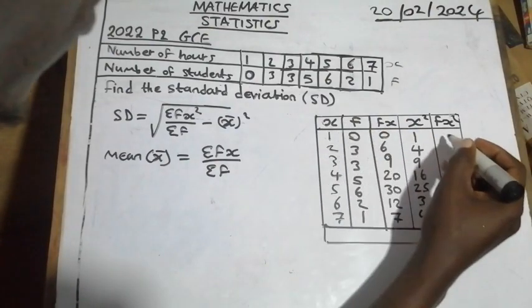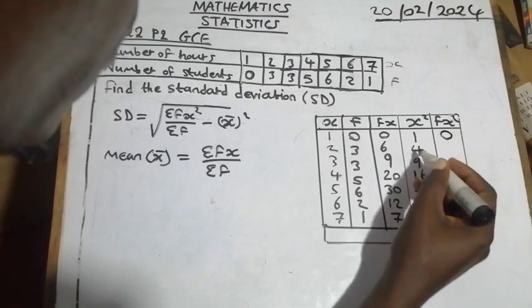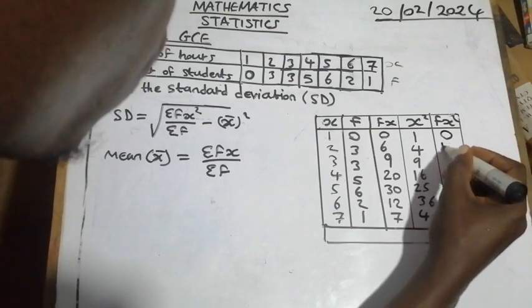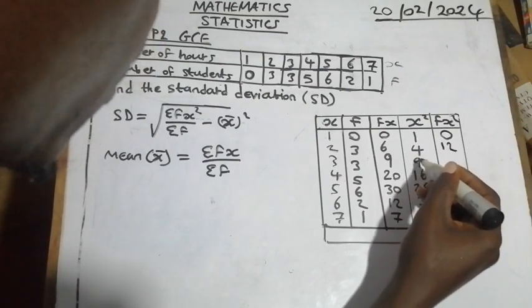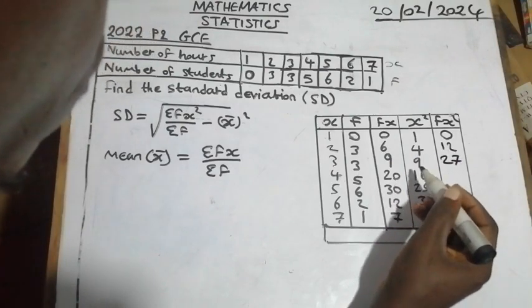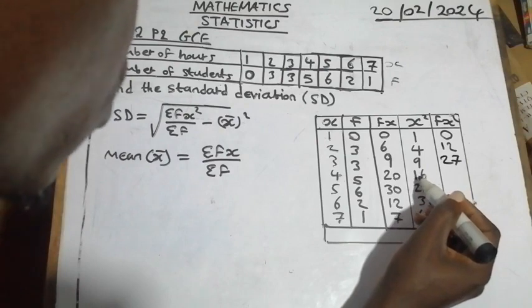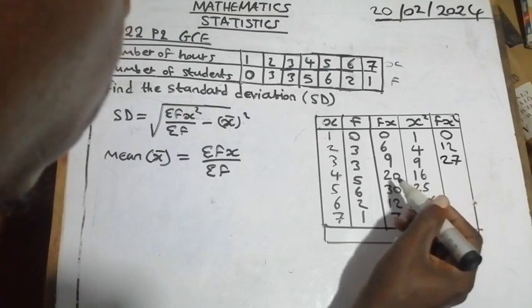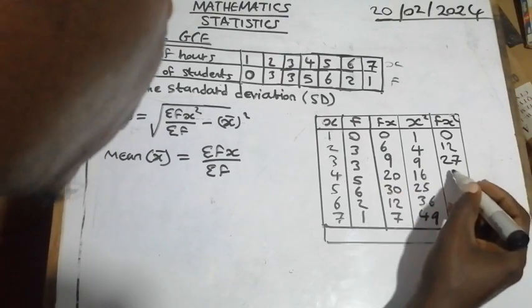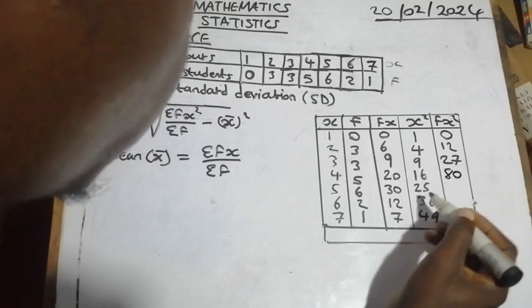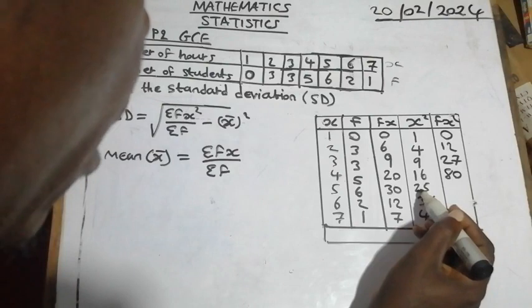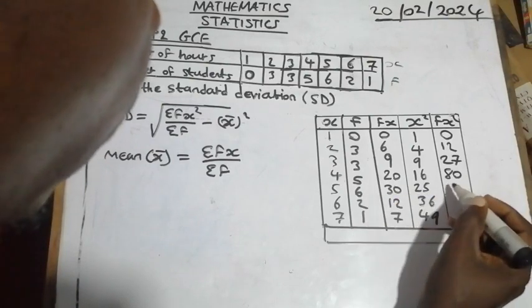So 1 times 0 is 0, then 4 times 3 is 12, then 9 times 3 is 27, then 16 times 5 is 80, then 25 times 6 is